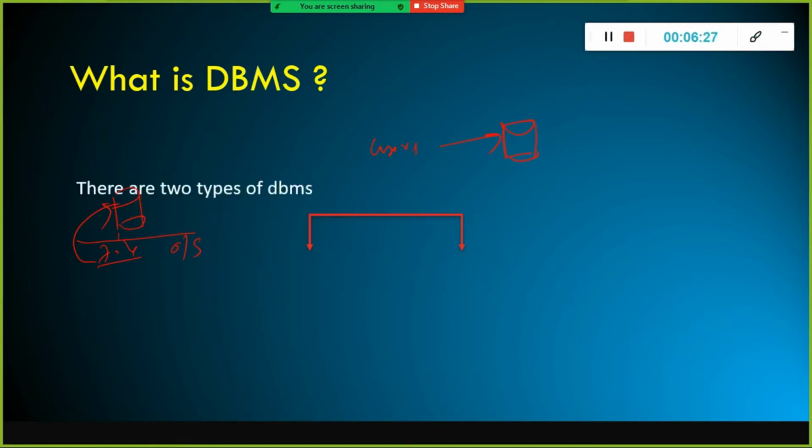Some of the most popular DBMS software are, as I told you earlier, Sybase, Microsoft SQL Server, Oracle, and so on. There are two types of database management systems available: the relational, and the other one is the non-relational database. The examples for relational databases are Microsoft SQL Server, Oracle, and so on.